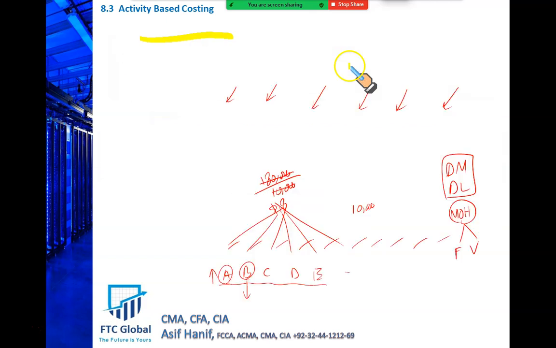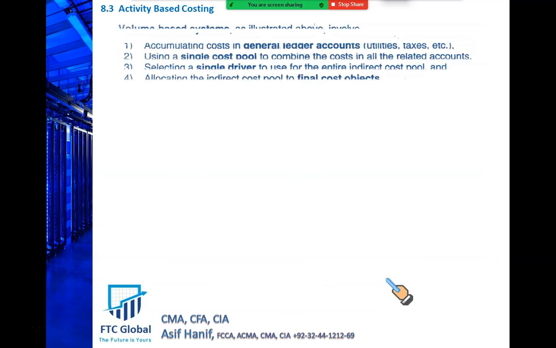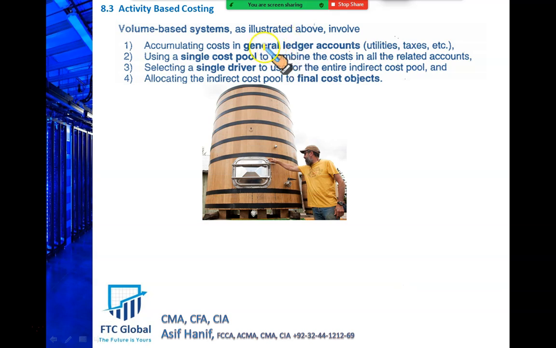All is written here, what I've just explained, that we dump our overheads in a single pool and then we calculate a single rate and we charge the same rate on all the items we produce. This is not right, because if you inappropriately cost your products, you will set inappropriate pricing for your products, and eventually this will result in an overall loss for the firm, because when you do not know the right cost, how could you set the right pricing for it? So this is what we have done so far. This is the traditional system. We simply create a general ledger account of the different overhead accounts I've discussed a little while ago. Your electricity, gas, water, indirect material, indirect labor, insurance, depreciation, all that.